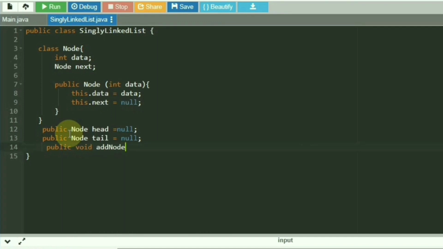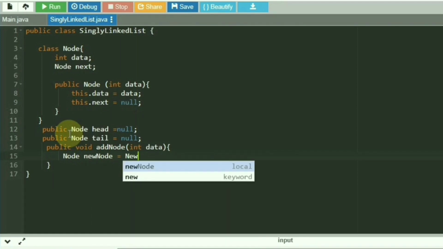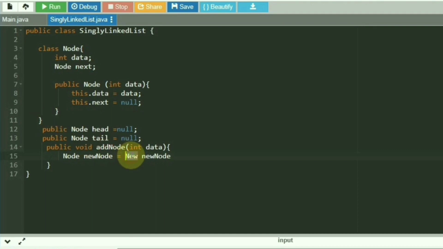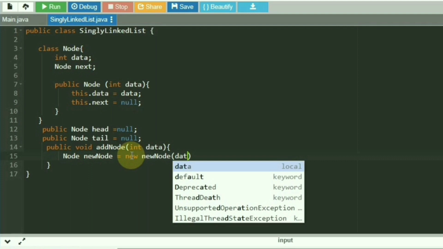Let's name it addNode, and to this addNode we will be passing our data. To add a new node, we have to make a new node of type Node.